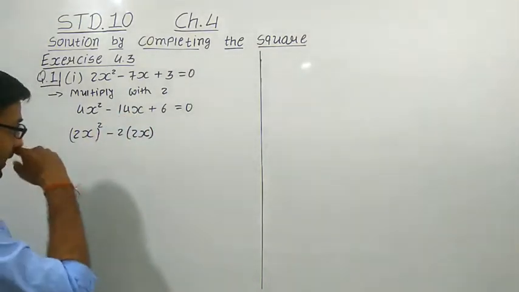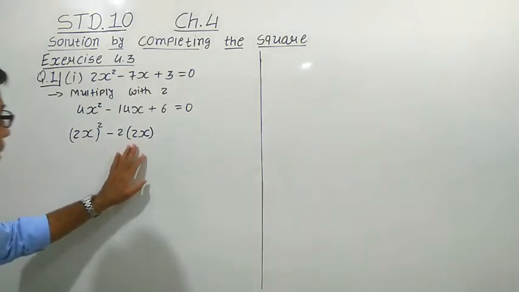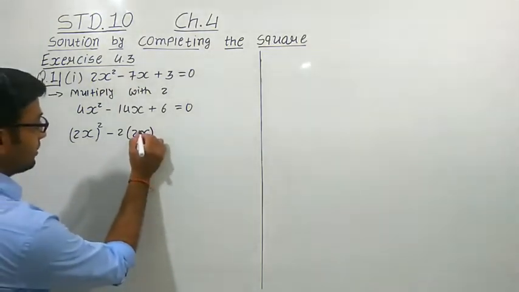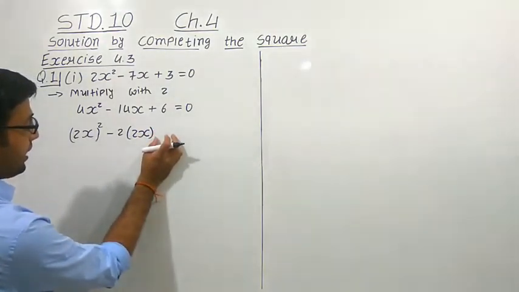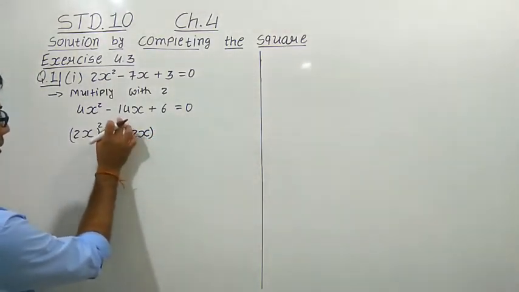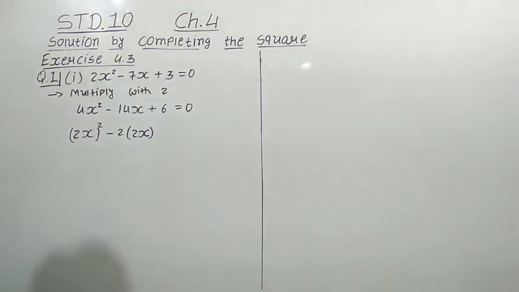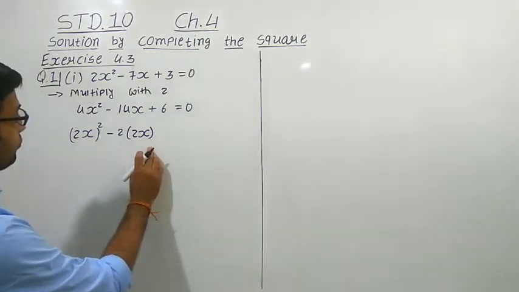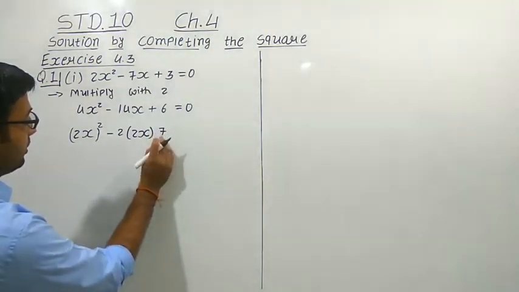14x is here, and here we have only 4x. So we have to arrange here the 14x. We have to write down the second term here such that we can make the 14x. So how can we do that? Here 4 is there. So here we can do one thing, we can put the 7, because 7 2s are 14, right?